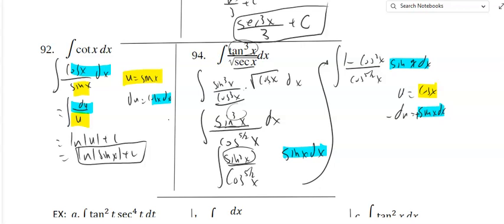So, if I let this be u, I'm looking at 1 minus u squared over u to the 5/2, and du with a negative. That is negative the integral, and if I split this up,